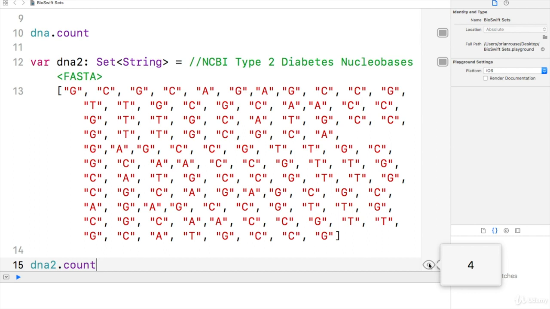We have adenine, cytosine, guanine, and thymine. 4 nucleobases. Because BioSwift biosets only allow unique sequences and or nucleobases, eliminating redundancy,